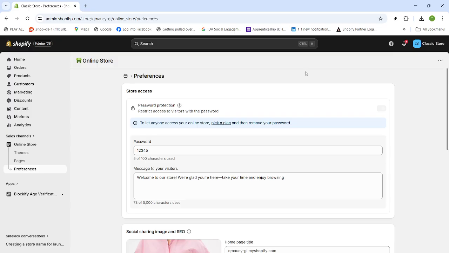That's it. You've navigated to Online Store, opened Preferences, expanded store access, adjusted password protection, set or updated the storefront password, and saved your changes. Share the password only with people who need access, and remember you can come back here anytime to update it or make the store